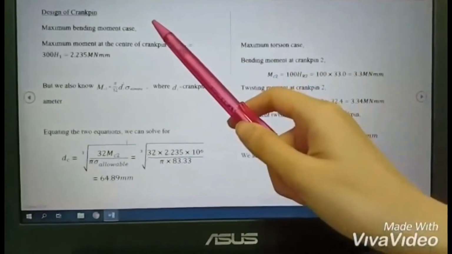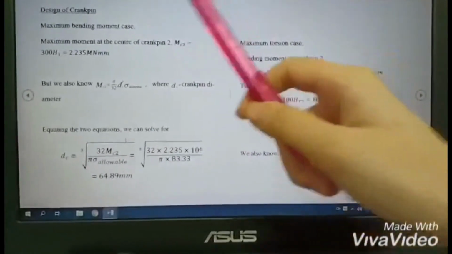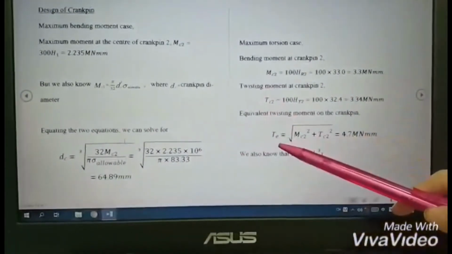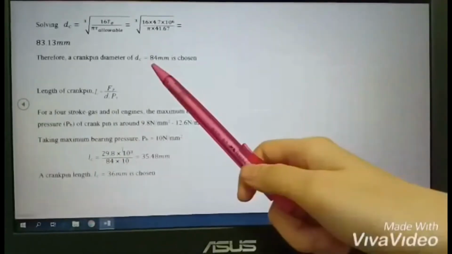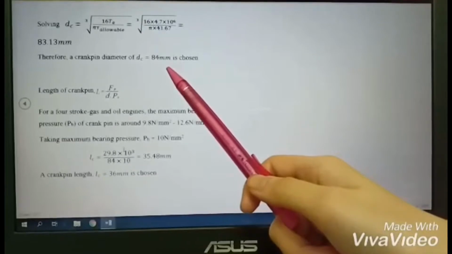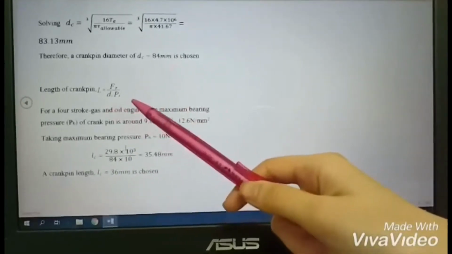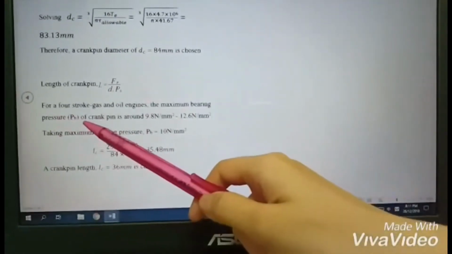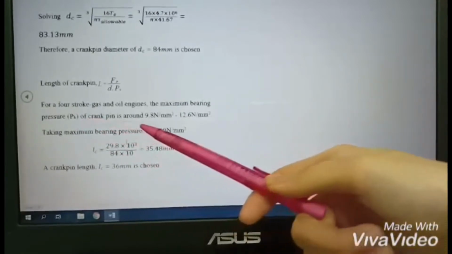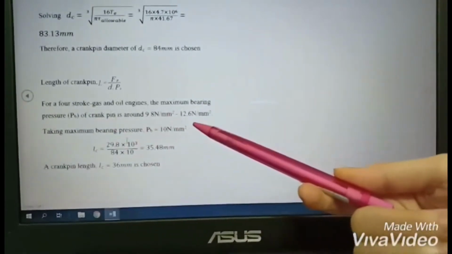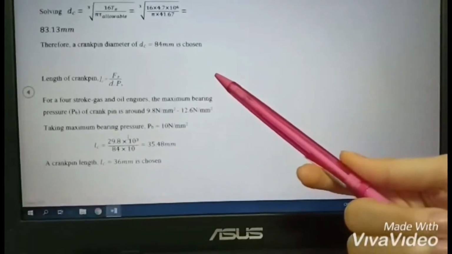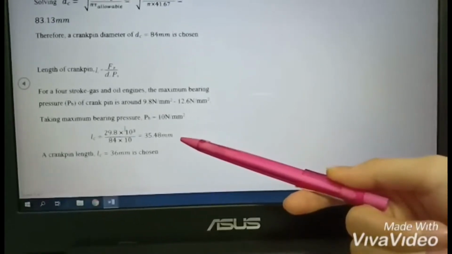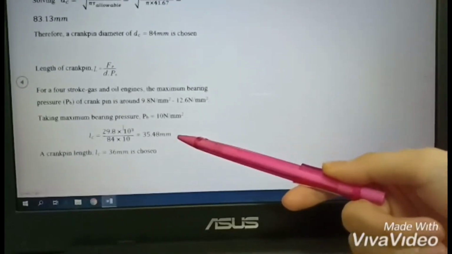For the design of clamping, we have two cases. We will determine the clamping diameter from both cases, and we will choose the larger value. We choose 84 for the clamping diameter, and the length of clamping can be determined from this formula. The maximum bearing pressure of the clamping is around 9.8 to 12.6 for our case. Then we take it as 10 so that we can find the length of the clamping,